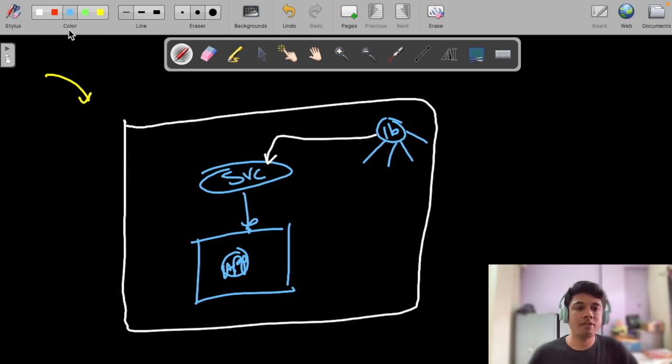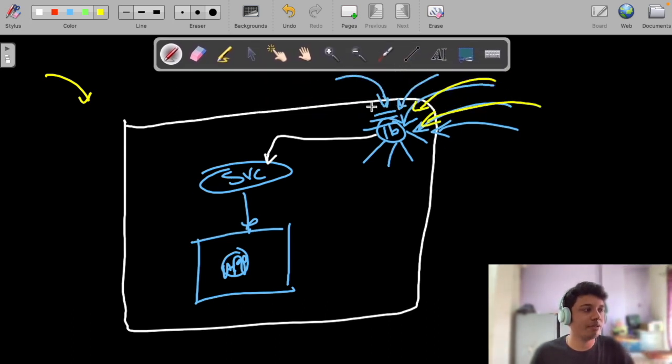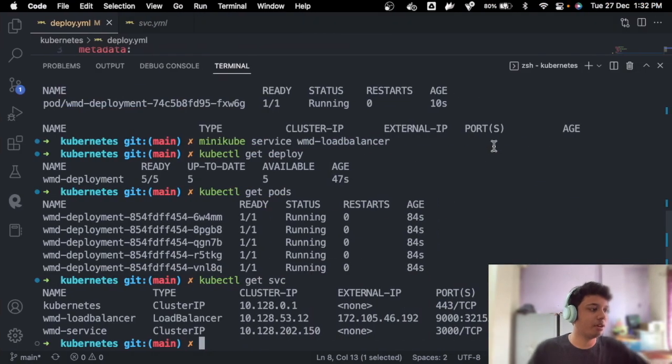And now we want our application to be accessible, so people should be able to access and use it. This load balancer has an external IP. So whenever someone wants to access your application, they will come to this. The external world can access your application, but it doesn't directly communicate with your service, it goes to the load balancer. There should be an entry point, and the load balancer acts as an entry point,